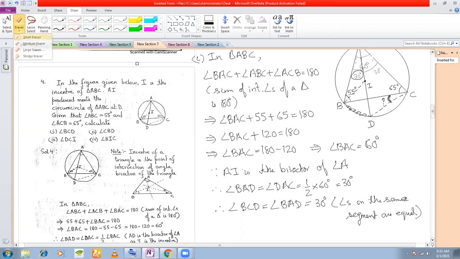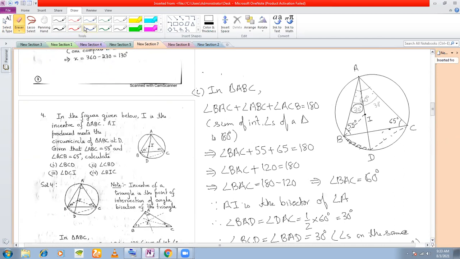So let's mark it here in the figure as an angle that we have already found out. We may use it in future. So we'll just mark this. This angle we have found out to be 30 degree. And this angle also, let's mark it very lightly. This angle is also 30 degree. Okay, so I'll stop here.